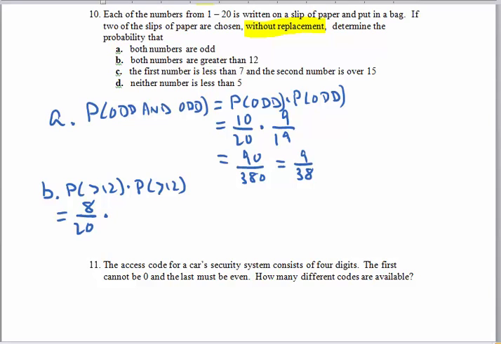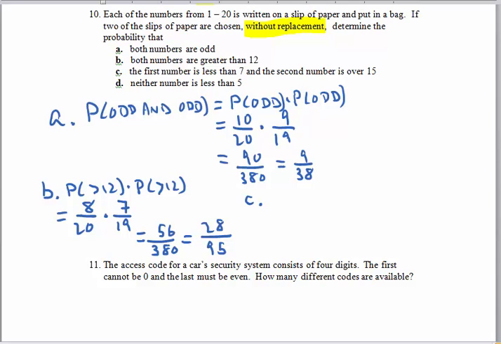And then if I've taken one of those 8 out, there's now only 7 of those left out of the 19 numbers that remain. So this probability would actually be 56 out of 380. Right? So you could reduce it to 28 out of 95. And then C